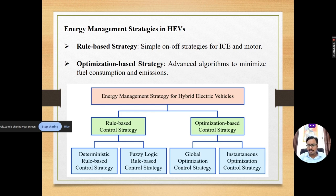When we talk about our Western Maharashtra region, there are ghats also and there are flat terrains also. When we move to the Himalaya, there is very high climbing terrain. So the optimization strategy may be different. If road and traffic condition or terrain is changing, then there will be an instant based utilization of instantaneous